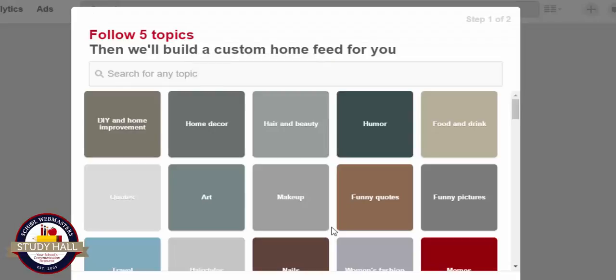Now Pinterest is going to make some suggestions as to some other Pinterest boards that you might want to follow to help build up your home feed. Your home feed is where you see all the different things being pinned by the Pinterest community. And this way you can see what other online resources are being circulated among your Pinterest community. And you can choose to repin what you find, and it's a good way to see what's floating around out there. So let's go ahead and choose